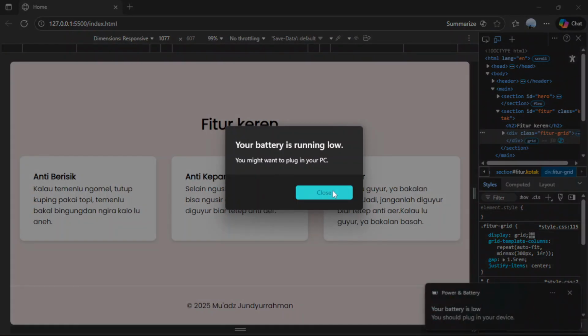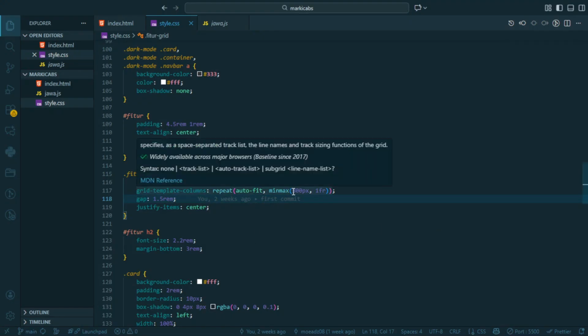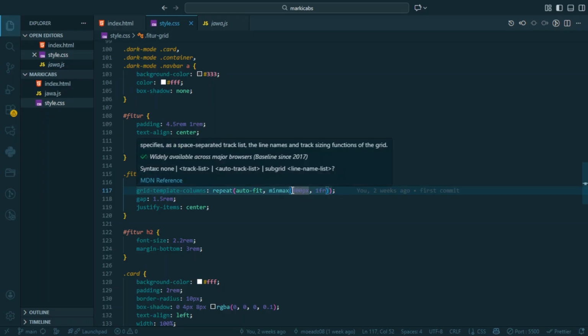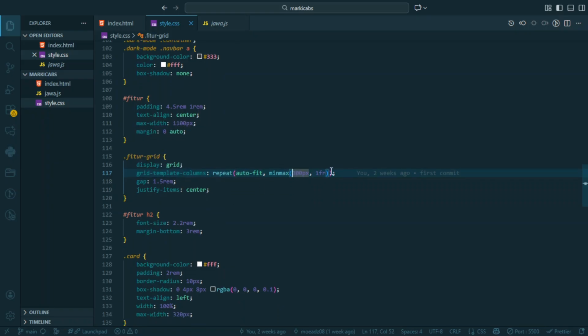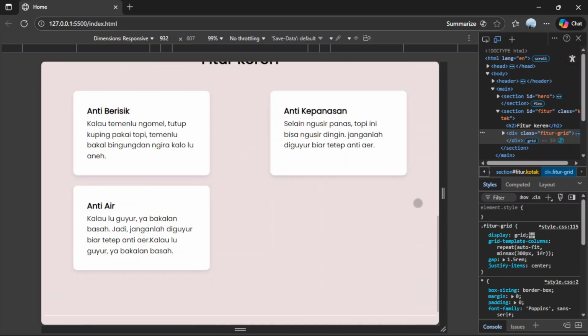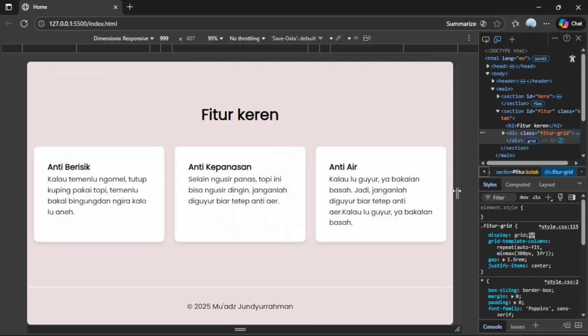It also means every column must have a minimal width of 300 pixel, and if there is available space, it will fill the blank space.